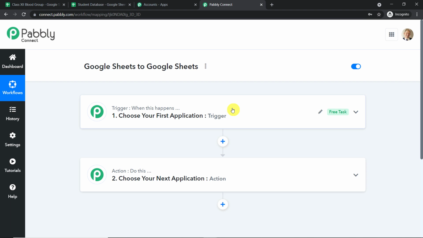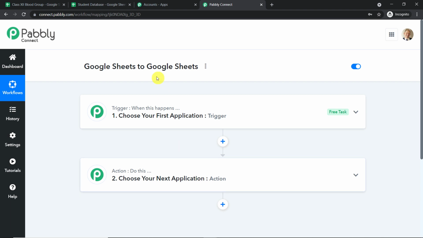So when you click on create, you will find two windows, the trigger window as well as the action window. So what's the deal with the trigger window as well as the action window? When we are talking about automation in general, we work on the concept of triggers and actions. The trigger is an if statement. It asks a question, if this happens, what should be done? For example, if a new row is added in Google Sheet, then what action should be taken? The action is that new data will be entered in the Google Sheet.